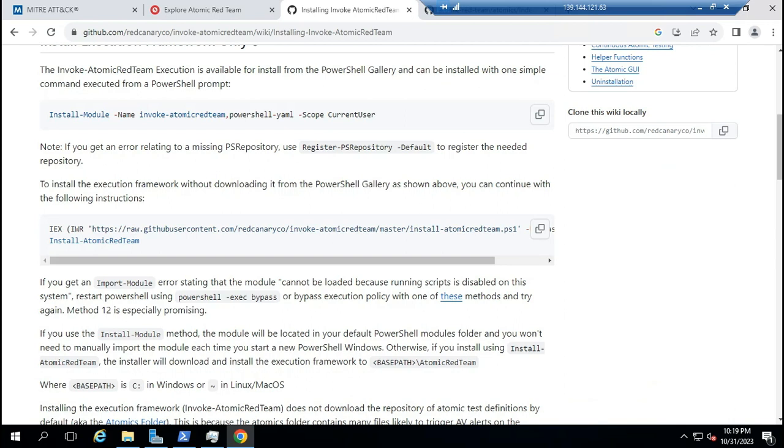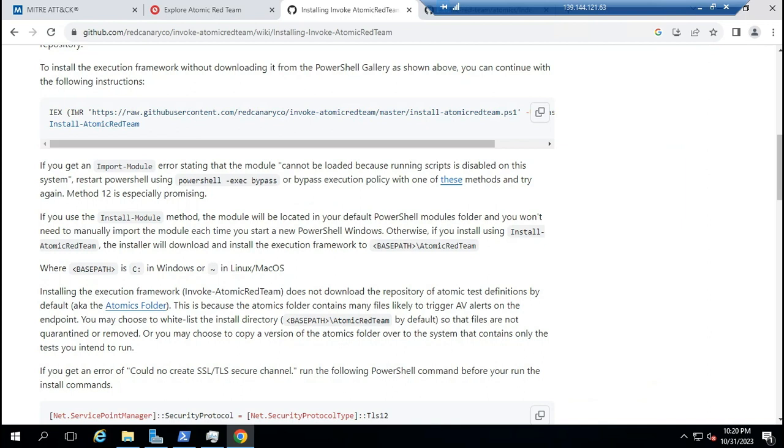Don't forget to bypass first, because usually it cannot be loaded, with an error that running scripts is disabled on the system. I tried this before making this video, so I will show you the fast way.